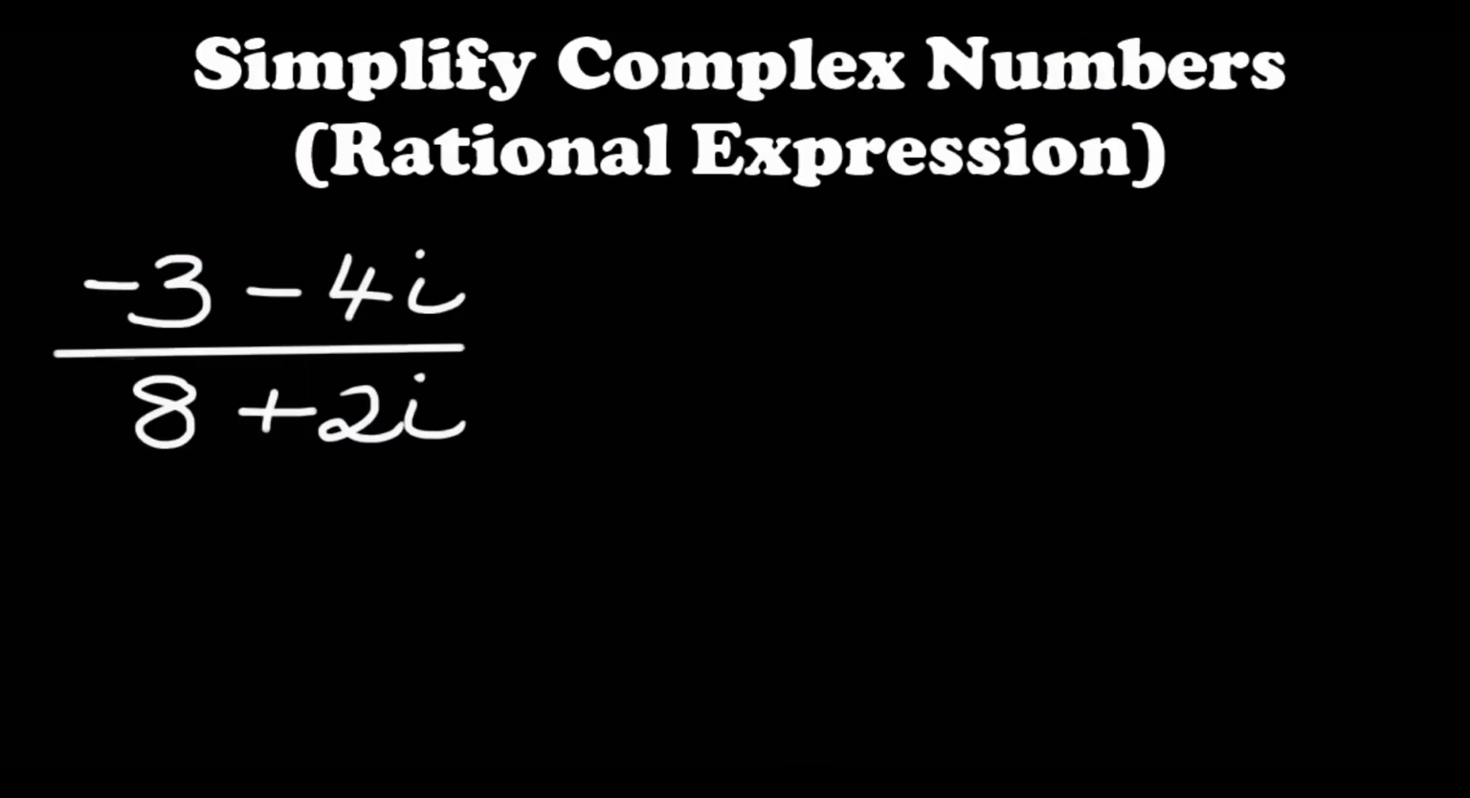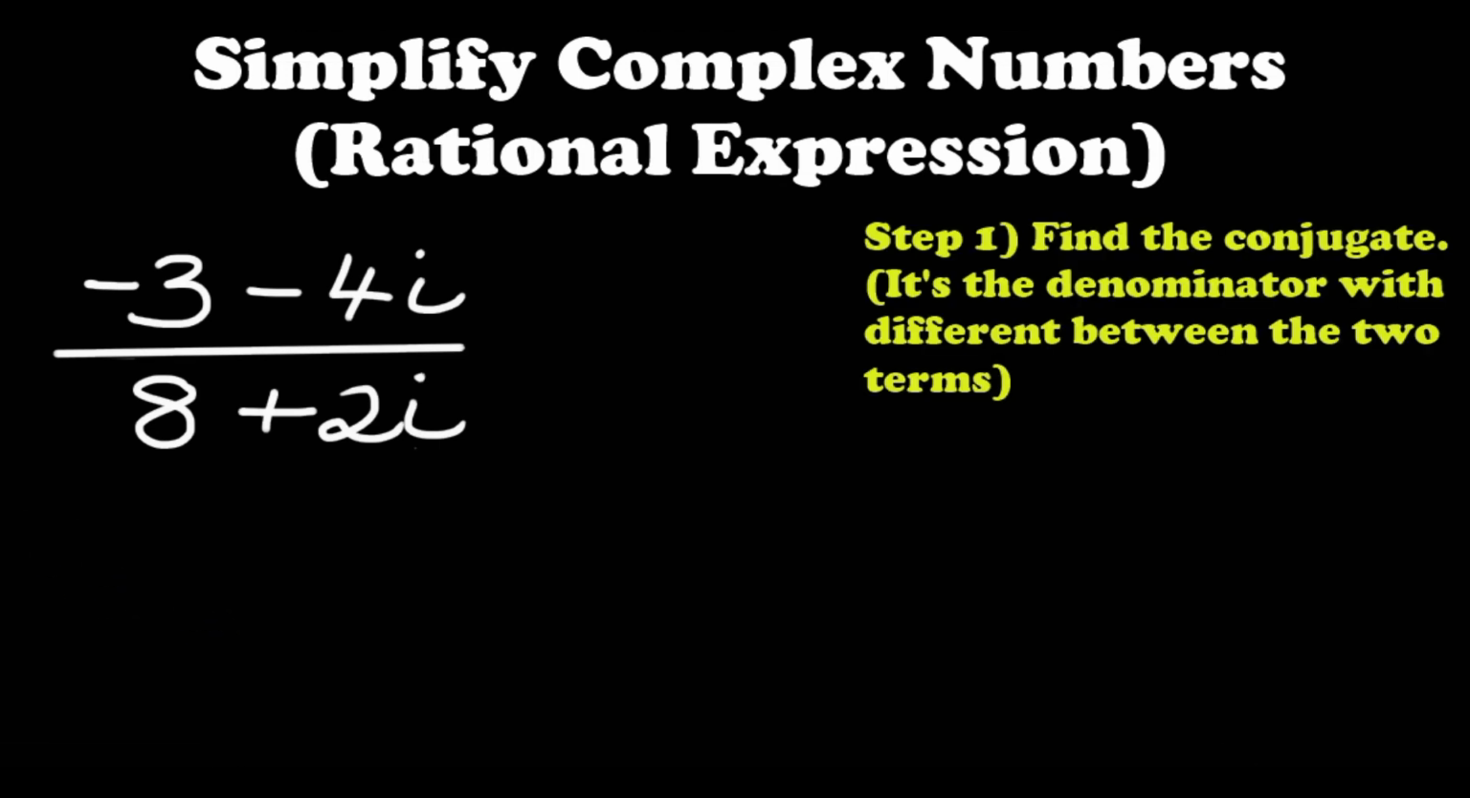Okay, so let's take a look at another one here. Simplify complex numbers that are rational numbers. So fraction here, we got to simplify. So we have to get rid of the i that is at the bottom. And we have a procedure that we can use to simplify this. So first thing we have to do is find the